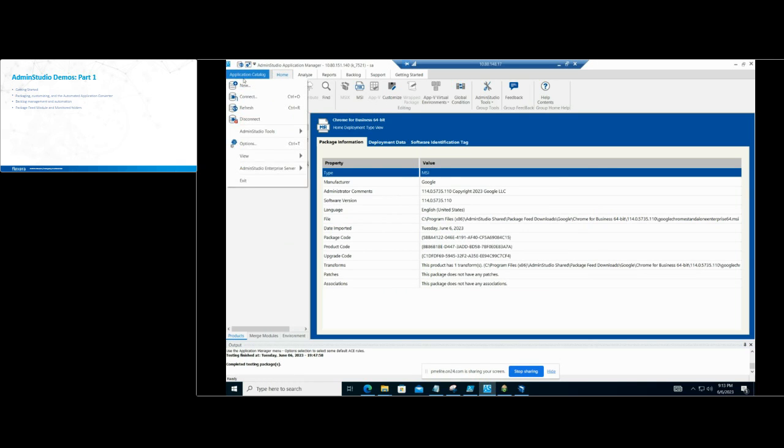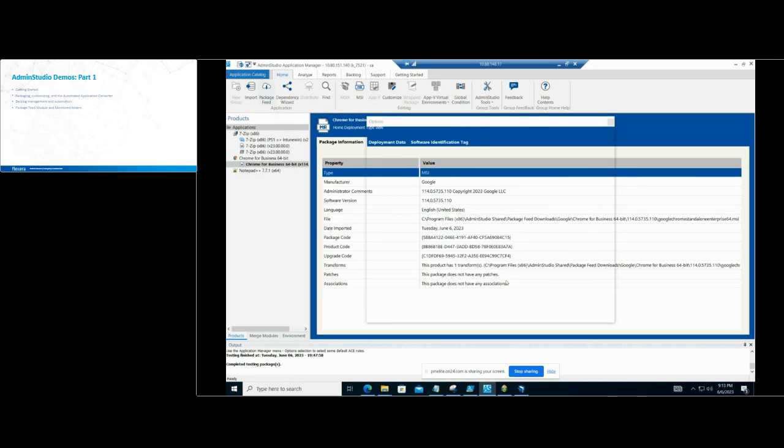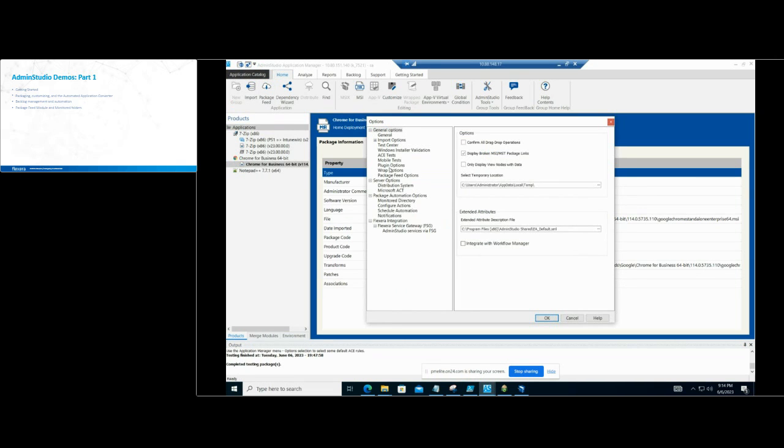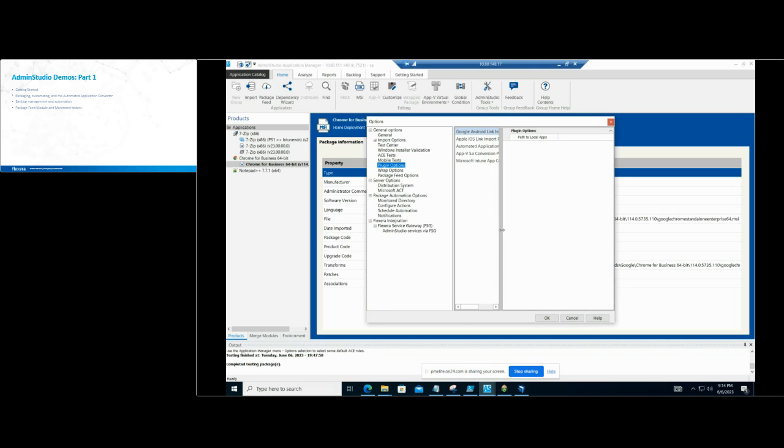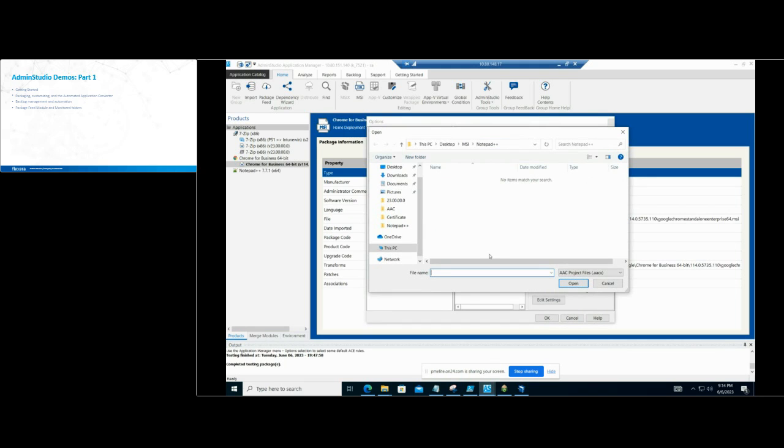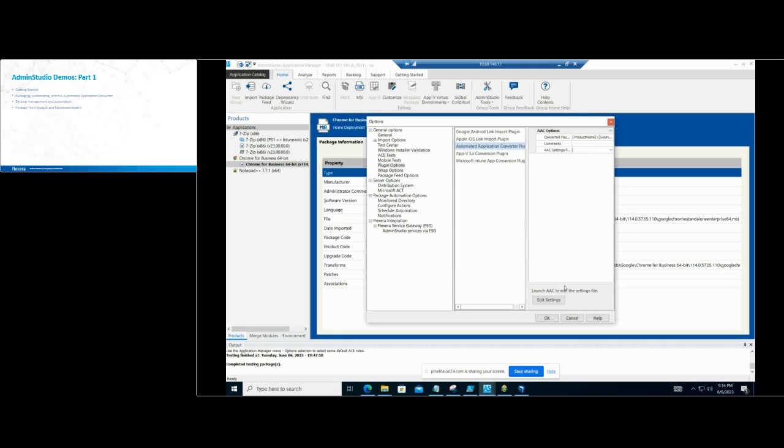You go to Application Catalog, click on Options, and click on Plugin Options. Right here, you will see Automated Application Converter plugin, and here is where you supply the AAC file that we just created in the AAC tool, right? So once you supply the file, now Application Manager will have access to the machine. Now this is beneficial in two ways. One is, of course, when you want to trigger the conversions right from Application Manager, and the second benefit is